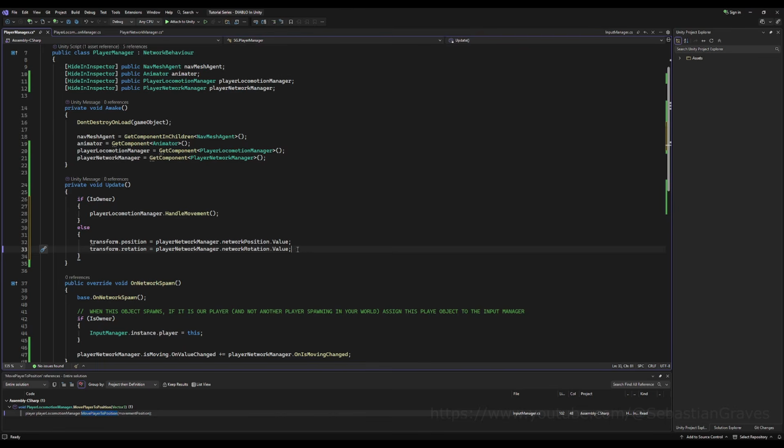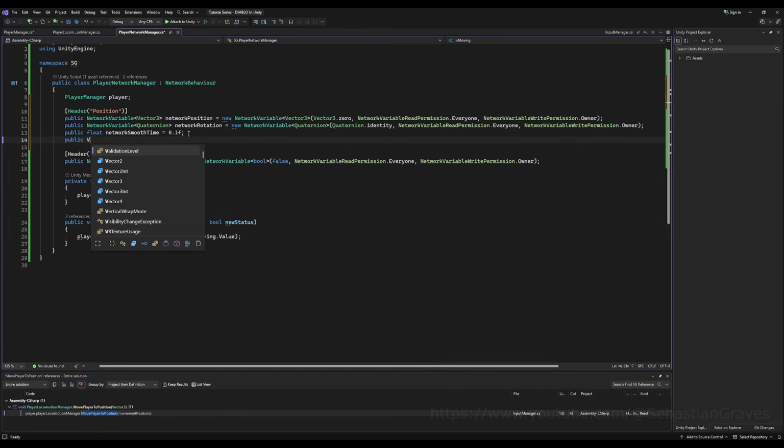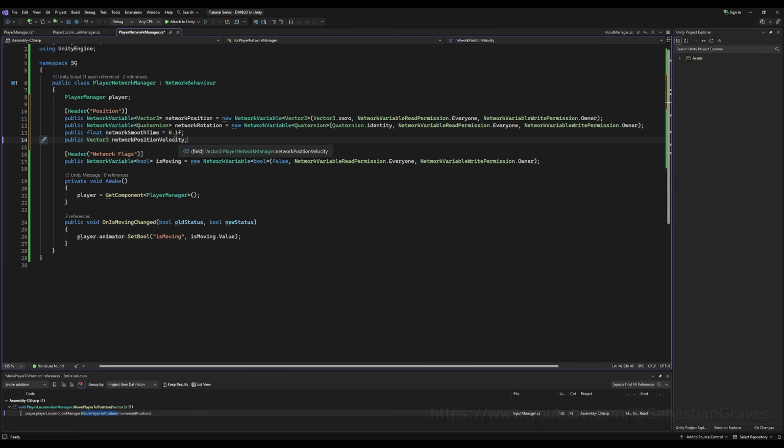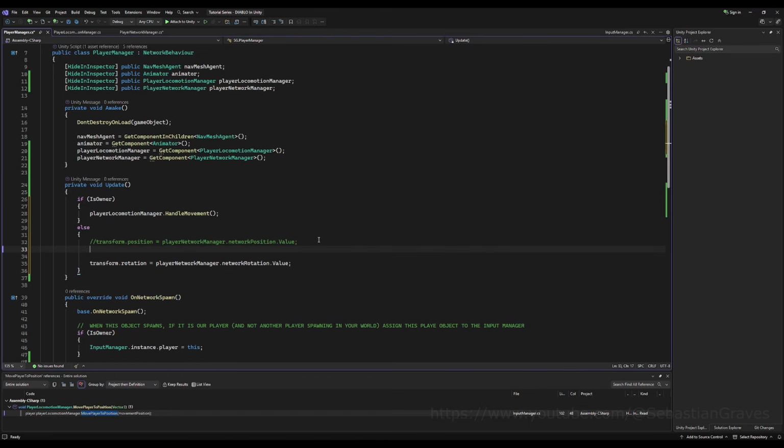It's not going to look very nice. So what we've got to do is slerp between those two. Let's go back and add a float for network smooth time, and then we'll add a public Vector3 for network position velocity. So network smooth time 0.1. That's a pretty good time setting, I find. It's quick enough that it updates very fast, but you still get a nice smooth effect,